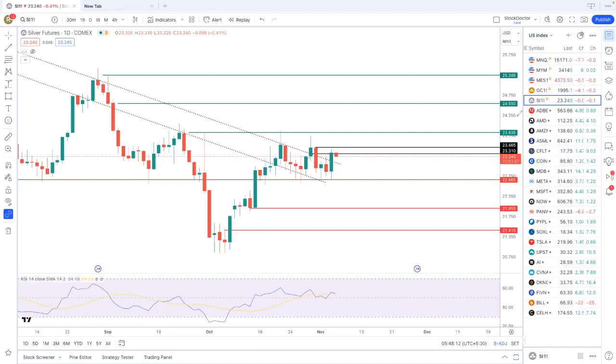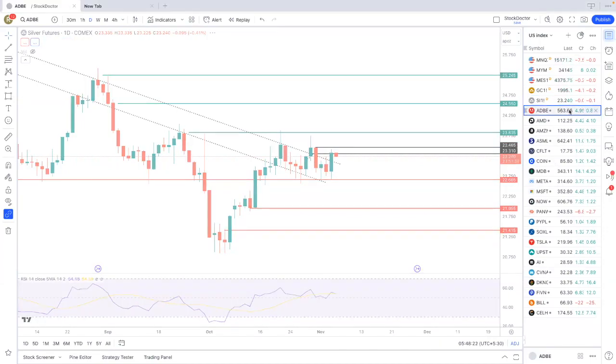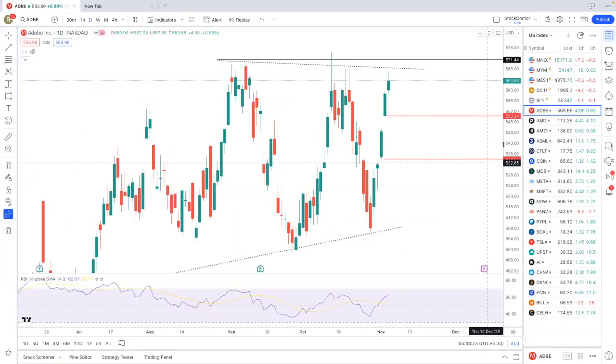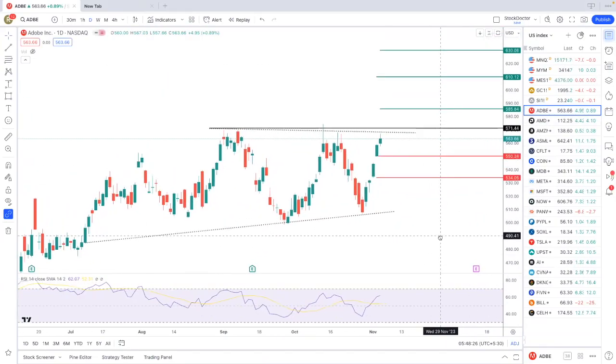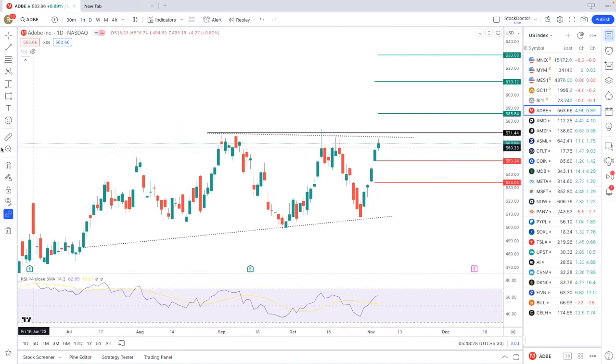With this, we are going to talk about some of the stocks which some of the members from our Discord community asked to analyze. So we are going to quickly analyze all of them. The first is Adobe. For Adobe, I think it has a very important resistance at 570. If it holds and trades above 570, then I see three targets: 585, 610, and 630. If it doesn't hold 570, then it can move back to 550 and 534.